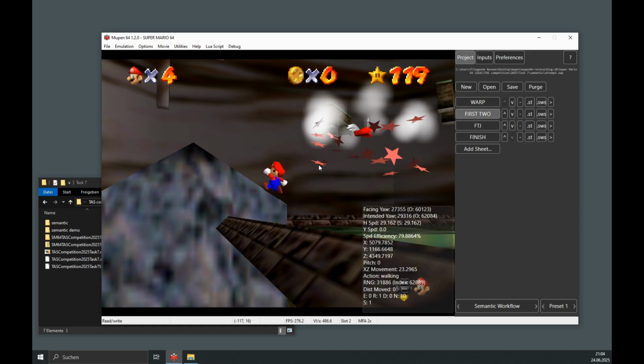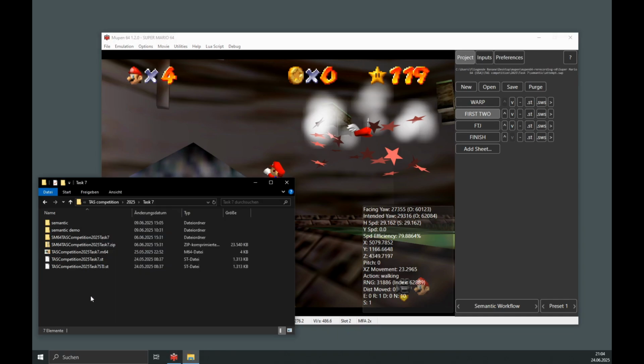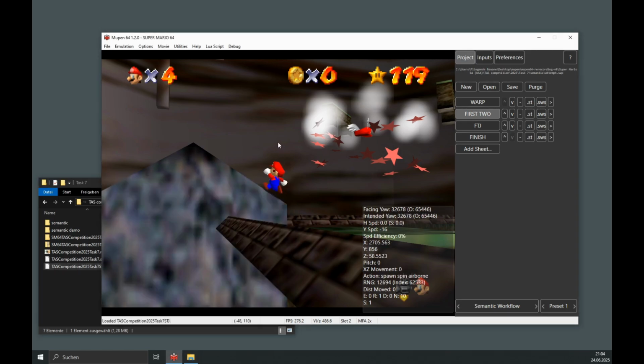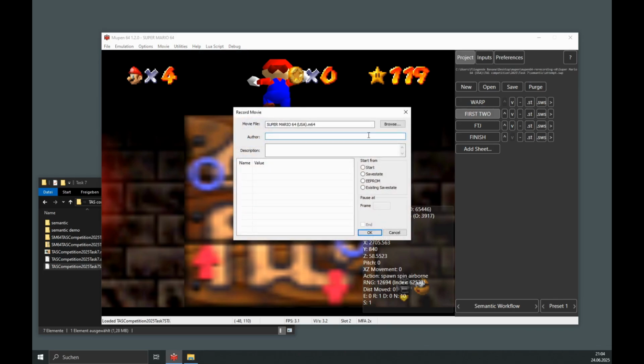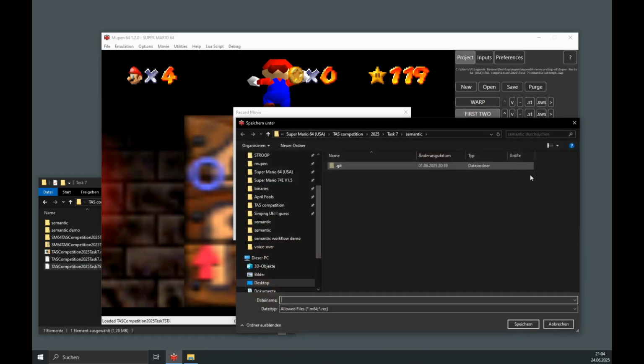Now, the last thing I want to show off before we get into recreating the winning run of the competition is how to turn the semantic workflow sheet into a .m64 file that I can actually submit to the competition. And this is actually really easy. All I need to do is just load the save state from the competition, and then I'll start recording a new movie from here. So this will be our